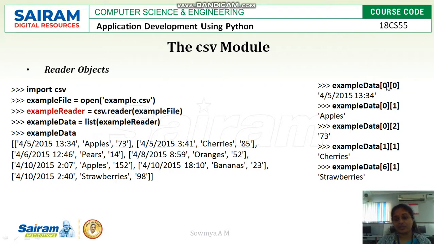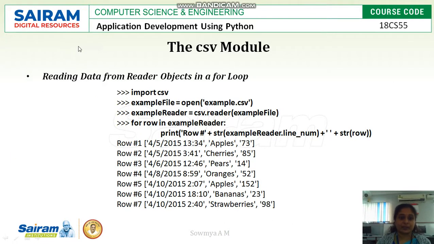Since it is a two-dimensional list, example data[0][0] will get you the data at the first cell. [0][1] will get the value from the 0th row and first column, and so on. Next is reading data from the reader object in a for loop. For the same import csv, we have created an object for the CSV file and an object for the reader.